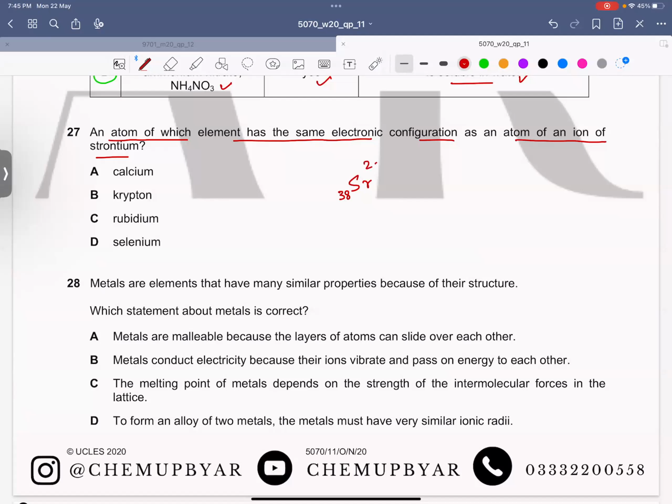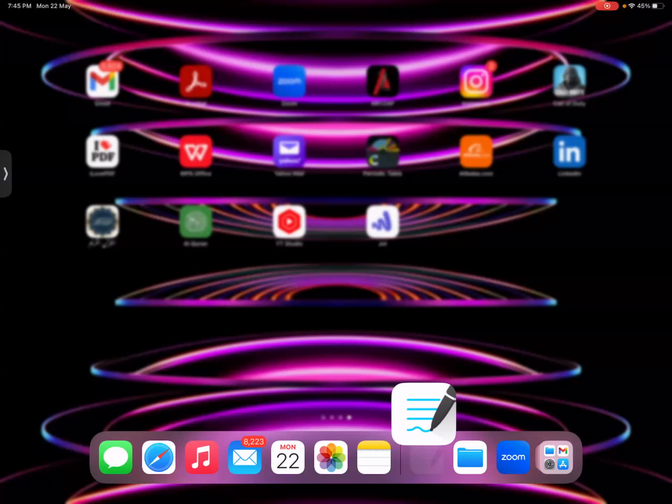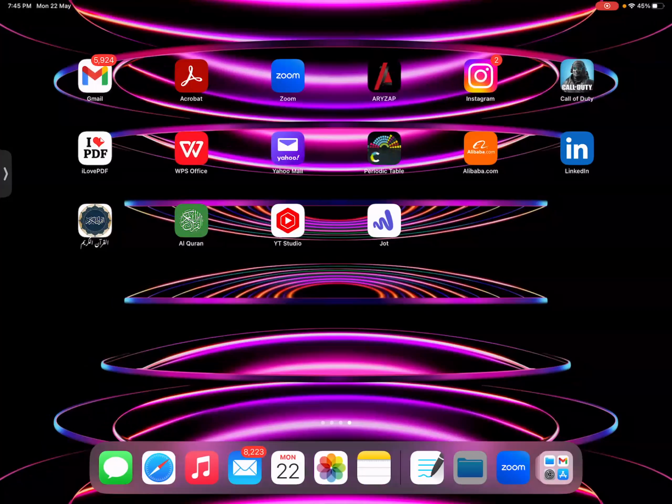So it must be 2 positive, and if it is 2 positive, it means it has 36 electrons. So we have to look into which one has 36 electrons. Let's look into the periodic table. Yes, if you see, krypton has atomic number 36, so krypton has 36 electrons,